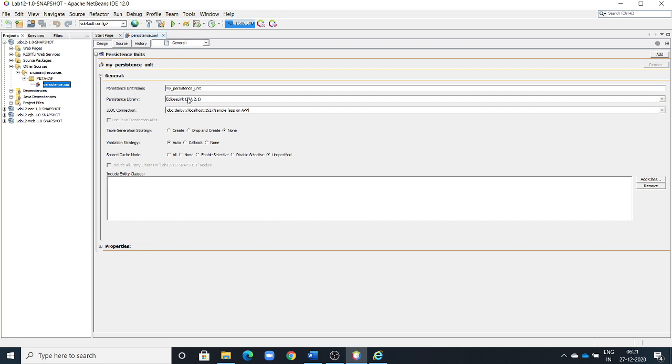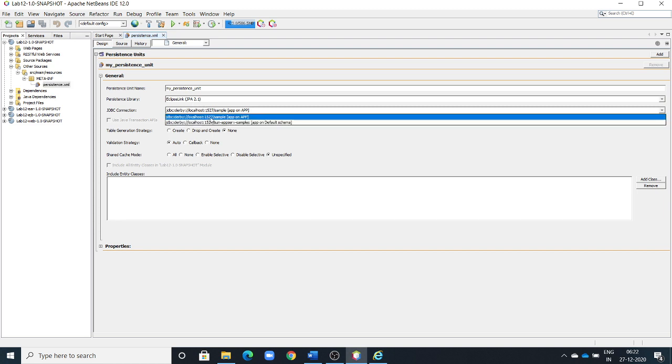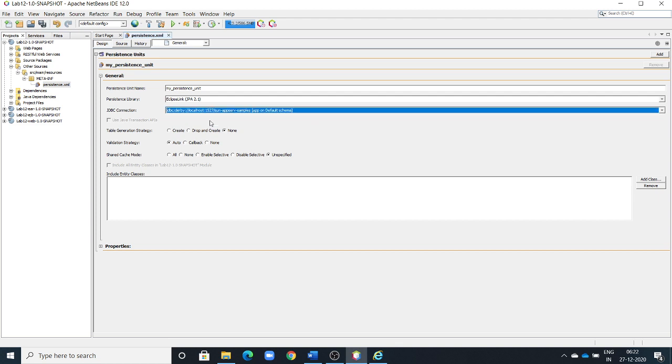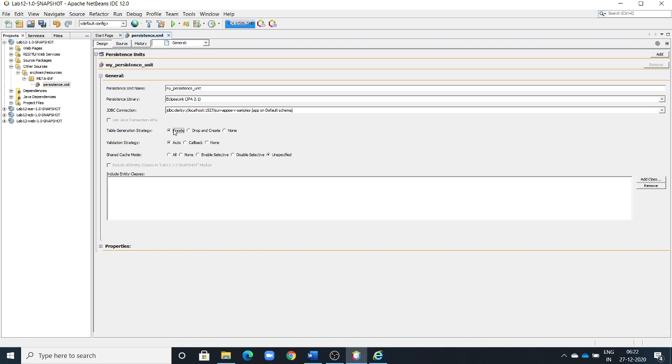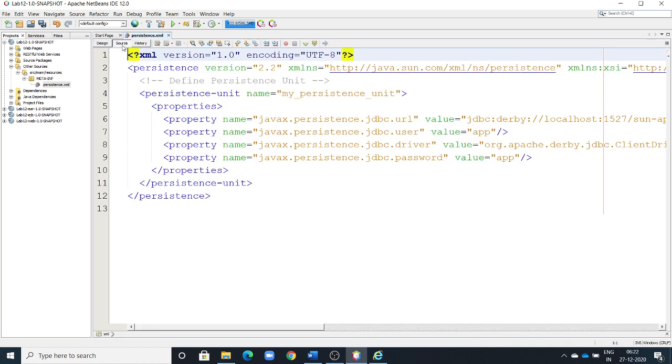The persistence unit name is my persistence unit. The persistence library is EclipseLink JPA 2.1. Now I am going to change the connection to another connection, because there I created the person table. Now you can check the source.